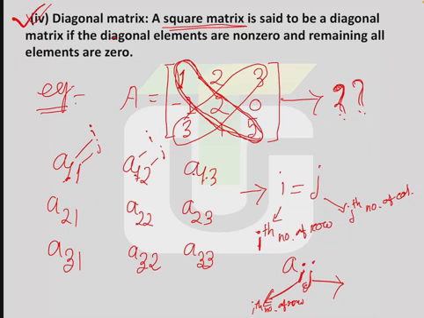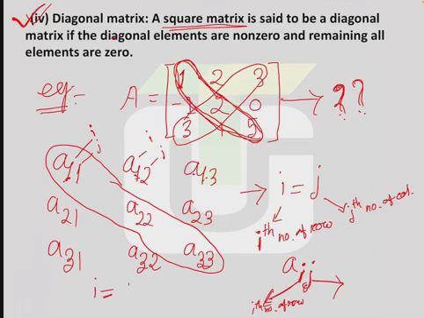So we take only this diagonal because in a matrix I should be equal to j. I is equal to j होना पड़ेगा. So यहाँ पे क्या होता है? ये डायगोनल है और ये भी डायगोनल है. So ये डायगोनल में क्या होता है? I is equal to j होता है. That means 1,1 equal, 2,2 equal, 3,3 equal. Right? I is equal to j. So I is equal to j satisfies this diagonal. Therefore we take only this diagonal.